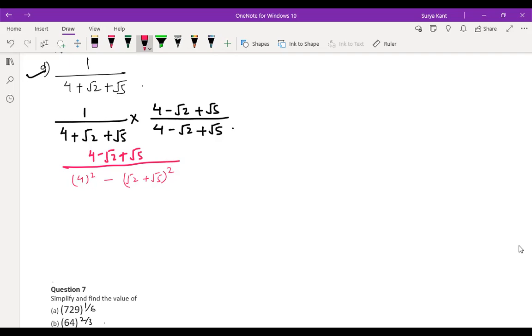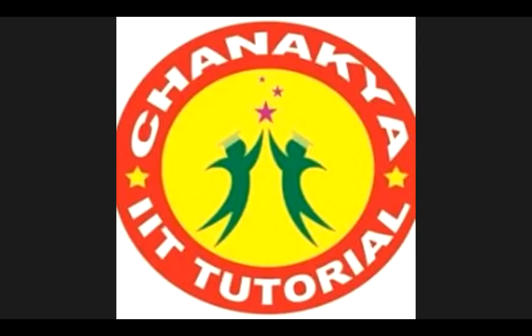Sir, I have done in a different way, sir. Here 4 plus root 2 and 4 minus root 2 are there, no, sir? So I wrote them as a plus b and a minus b, and I have done a square minus b square, sir. 4 square minus, root 2 whole square. Okay, just try to solve, children. Try to solve. 2 minutes I'm giving time. Think and just solve what we can do in that.